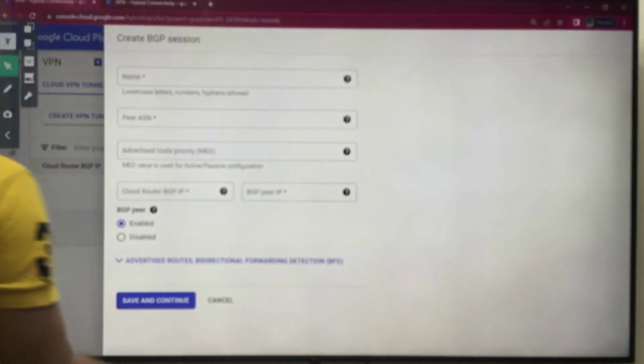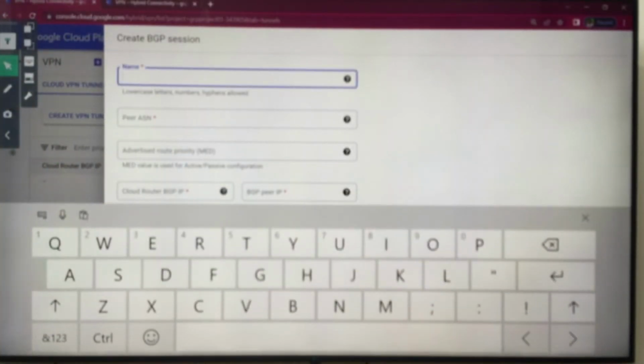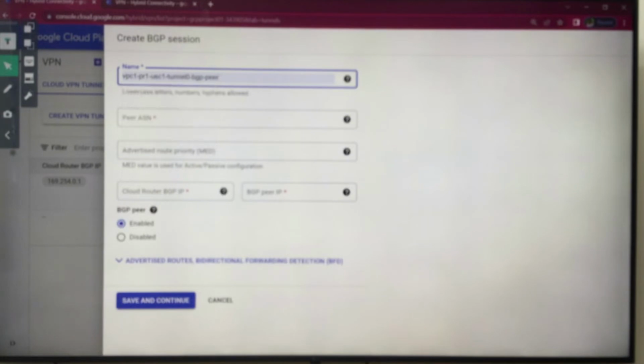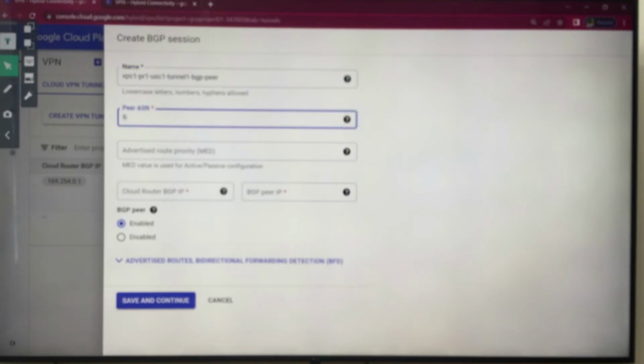Configure the BGP session for tunnel 1. VPC 1 PR 1. Okay, so let's choose the same name but just change tunnel 0 to tunnel 1. The AS number will be the same, 64521. Okay, then the cloud router IP address, mine is 169.254.0.5.